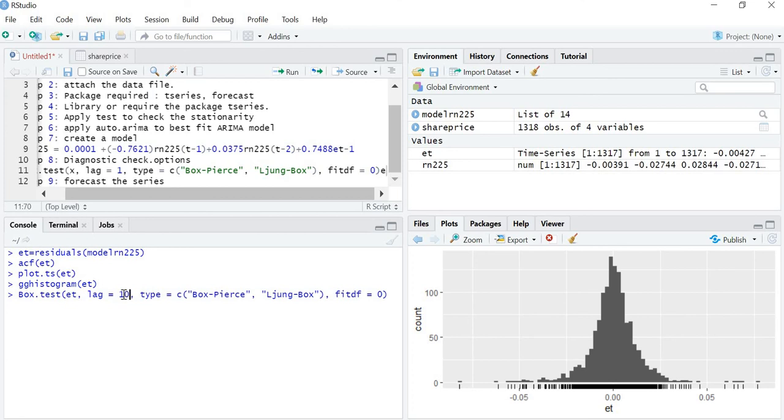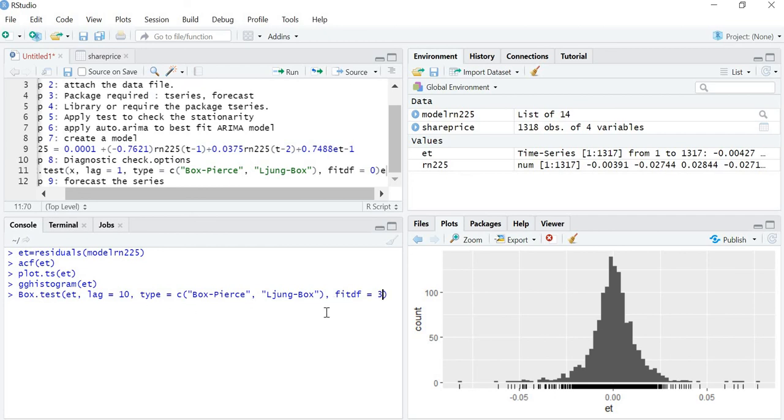Lag we can take 10, and then you have to write type. Type you can write Box-Pierce or Ljung-Box. And then you have to write fitdf. Fitdf is the combination of the lags of your AR model and MA model. If you remember, my AR order was 2 and MA order is 1, so I can write 3.